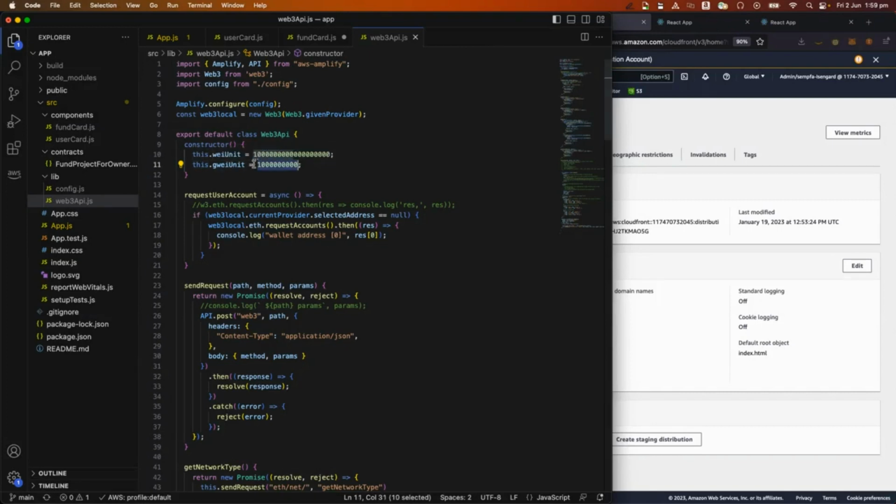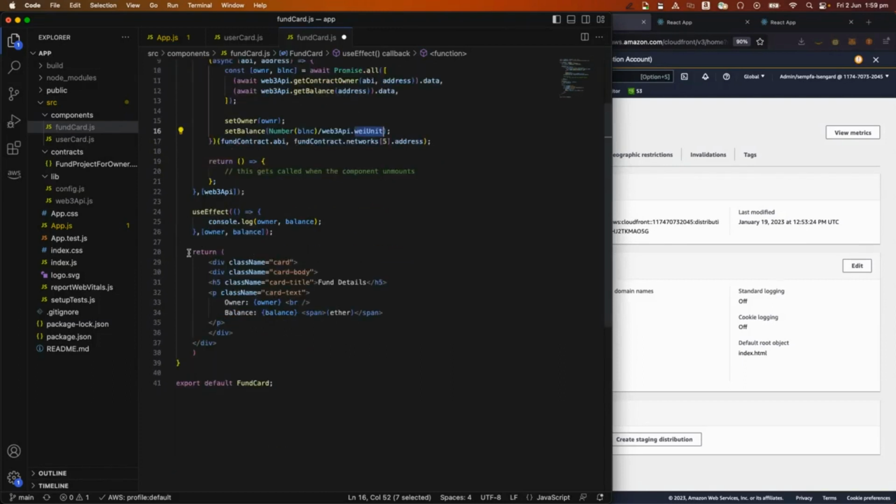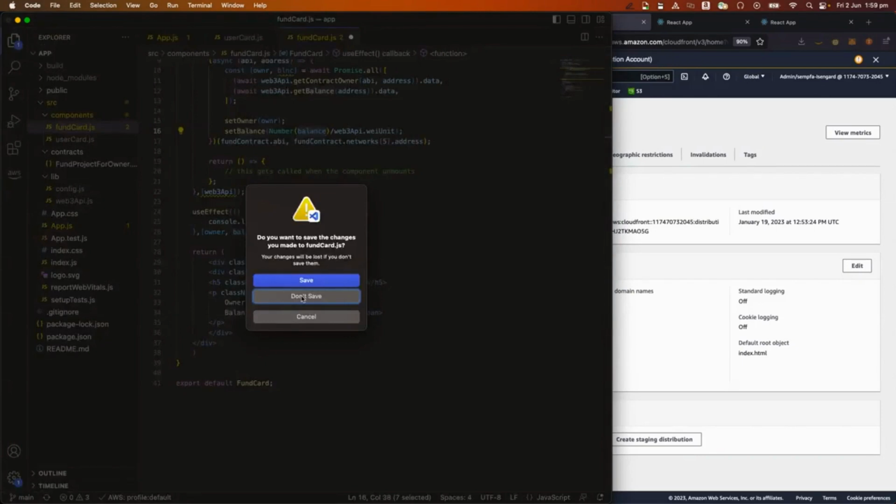and a Gwei unit is divided by this amount here. You can count the zeros later to understand how many zeros exactly that is. So that's how we divide to demonstrate something that's less. It's a unit we use for less than an ETH on the Ethereum network. And then again, the same thing. We're just displaying the results in HTML, and so that's when we add them to our